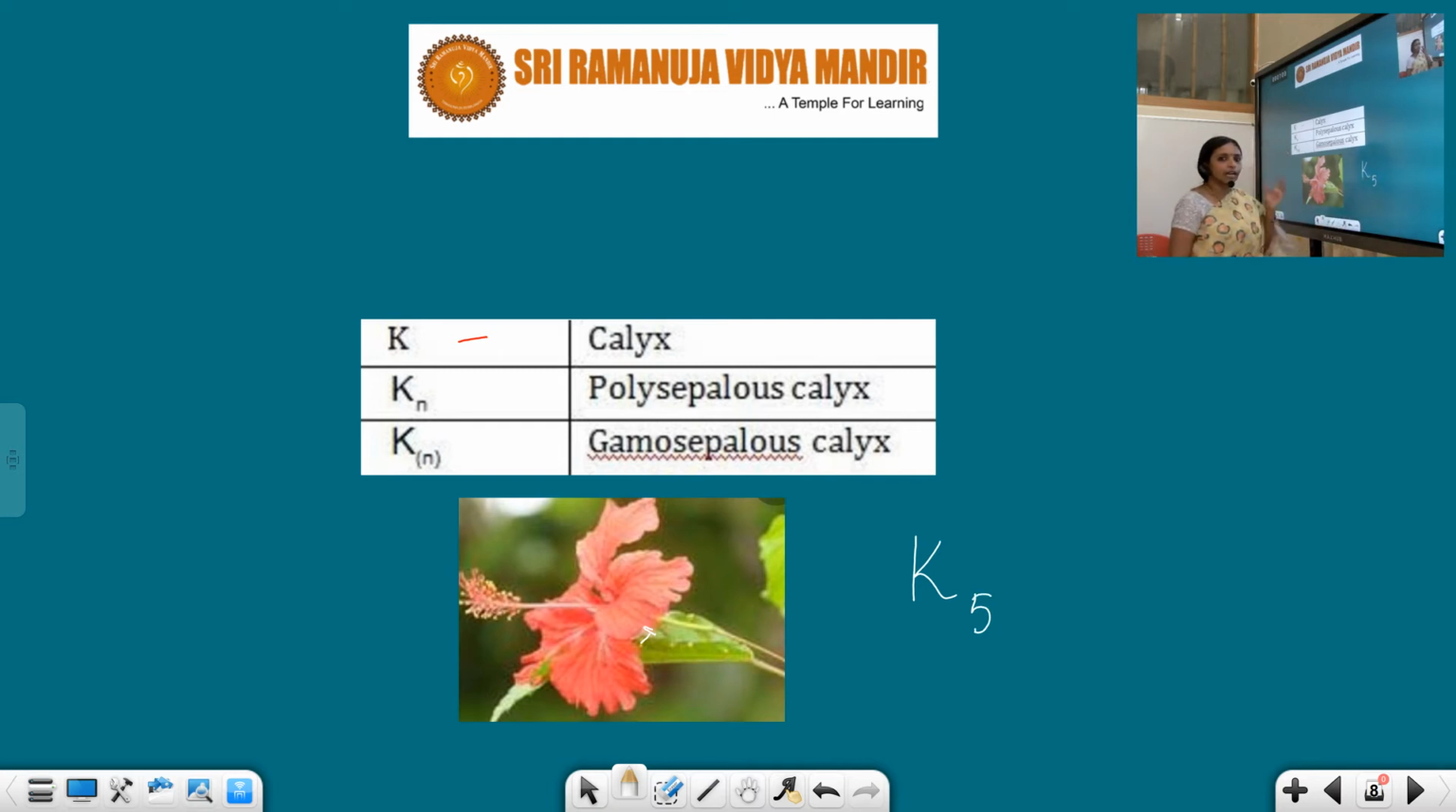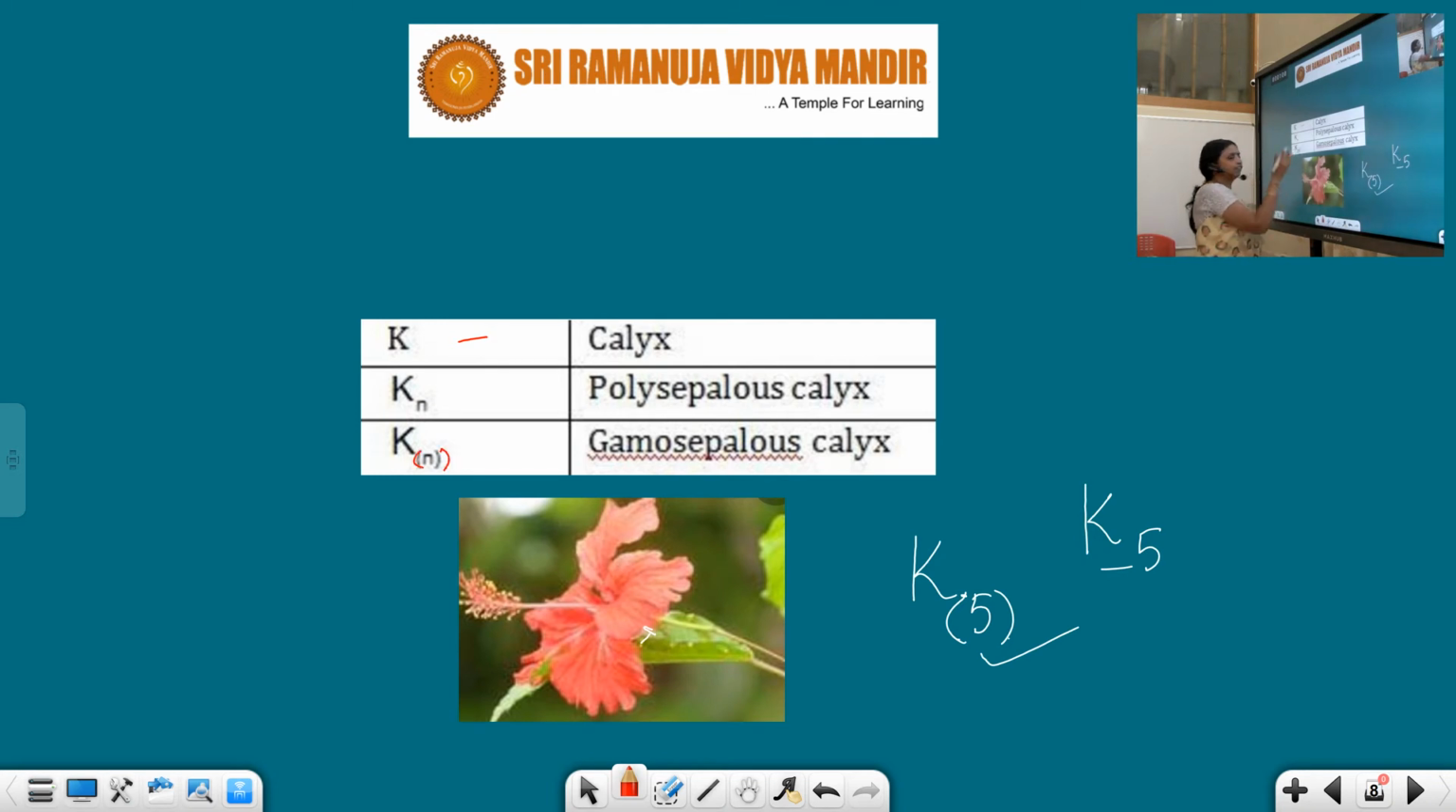And I explained to you that if these calyx, these sepals are fused, that means if it is a gamosepalous flower, then put the bracket here. We represent the fusion by putting a bracket here. That means 5 sepals are present, and this is gamosepalous. If it is polysepalous and 5 sepals are present, then we write like this, in this manner. So for gamosepalous, within the bracket,